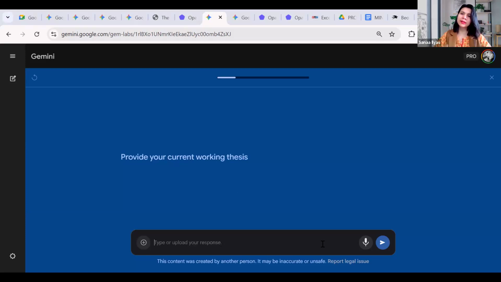You'll see that it will ask you step by step what it is that you would want to do. If you give it to your students, students can work alongside, think about a topic, and instead of just a gem giving them the answers, it asks what is my current working thesis? And at the back end, you can also talk about what the complexity level is that you're looking at within the thesis, and what the structure is.